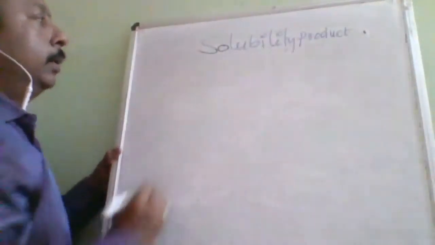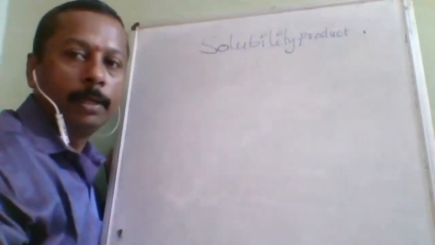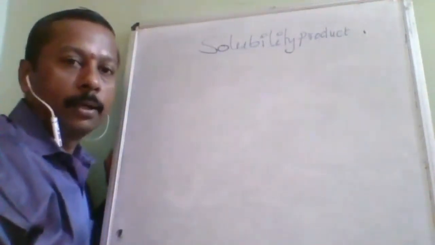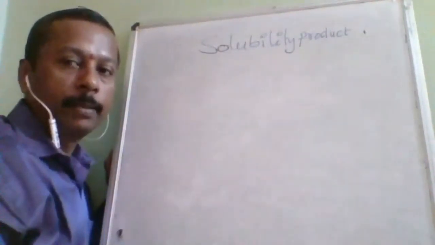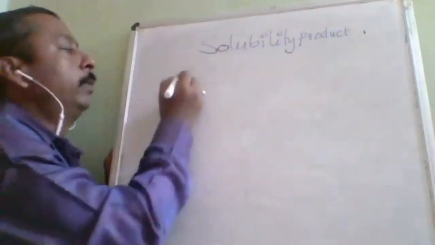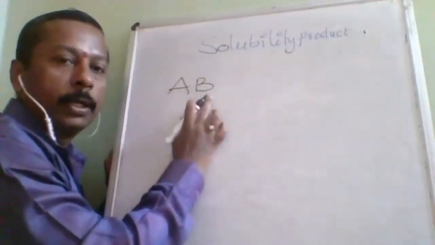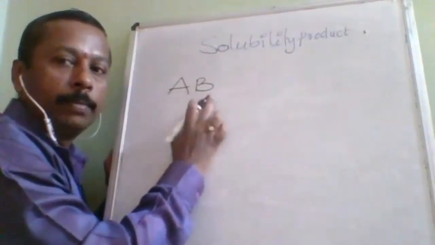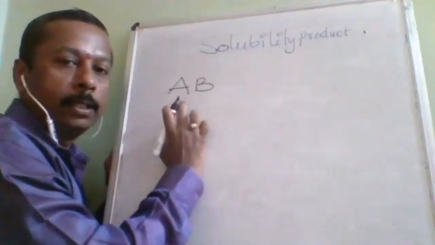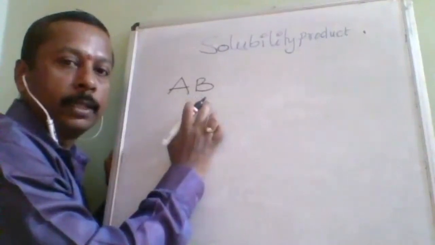Okay. Now solubility product is a topic related to the least soluble, less soluble substances, which are reversible. For them it is applicable. So here I am taking AB only for convenience purposes. It can be HA also. HA means acid, BOH means base. Likewise, for anion and cation, if the cation is specified as H, then it is an acid. If the anion is specified as OH, then it is a base.